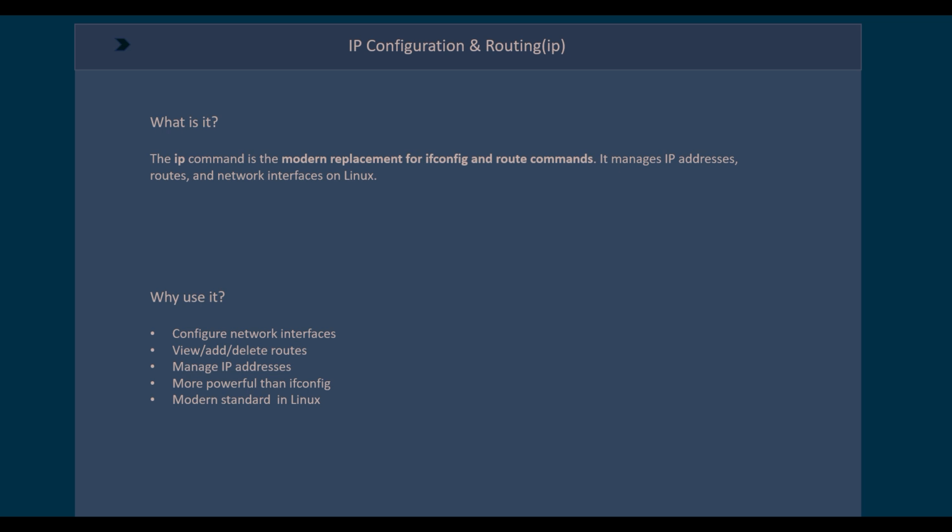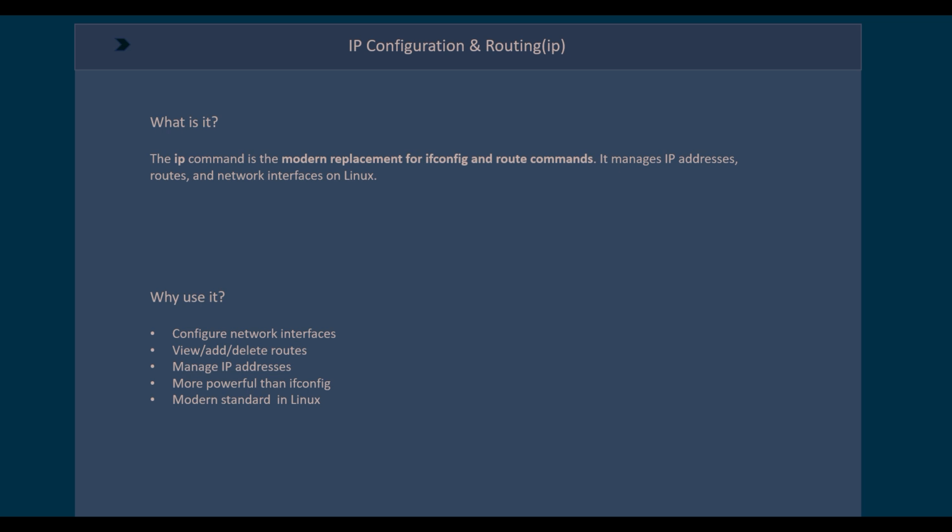To configure network interfaces, like when we need to add, view, or delete any interface. To add, view, and delete routes as well, and to manage IP addresses. This is the most powerful command compared to the previous commands available in Linux like ifconfig, and now it is the modern